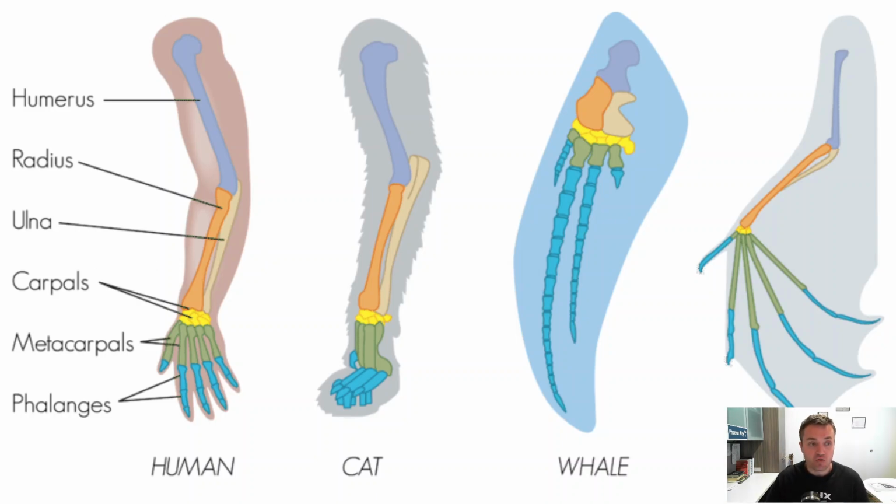If you look at the bone structure of humans, cats, whales, and bats, you will notice that they always follow the same pattern. You have a one bone, two bone, many bones kind of pattern. With a cat, you can see that same structure. You can even see it in the whale fin or in a bat wing, right? We see lots of structures that have come from a common ancestor and have changed over time to become something